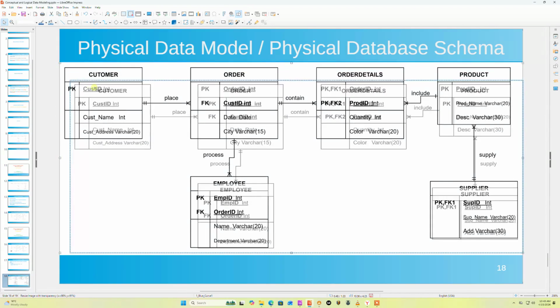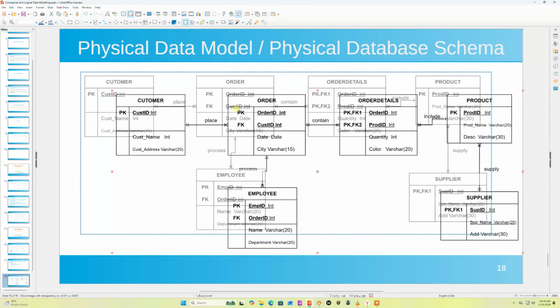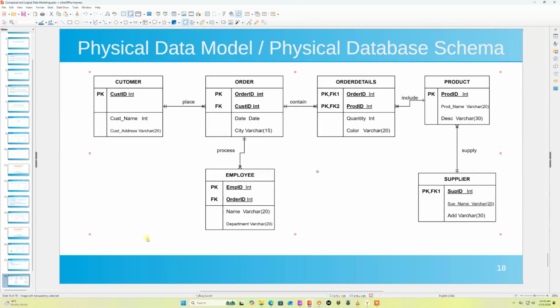Okay, so this is the physical database design, and now this physical database design has all the information which is needed for sitting in front of the computer and using any DBMS. For example, that could be MySQL, MS Access, Oracle, SQL Server, and this phase will be completed. So that's all from physical